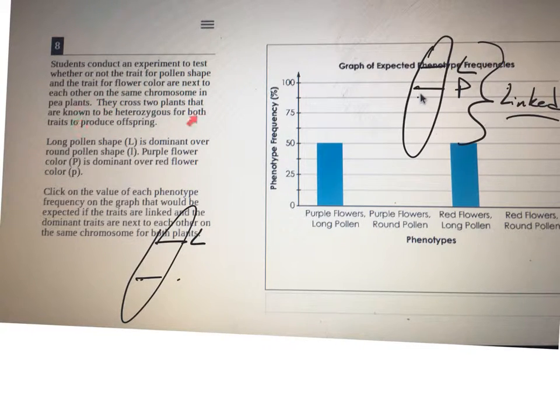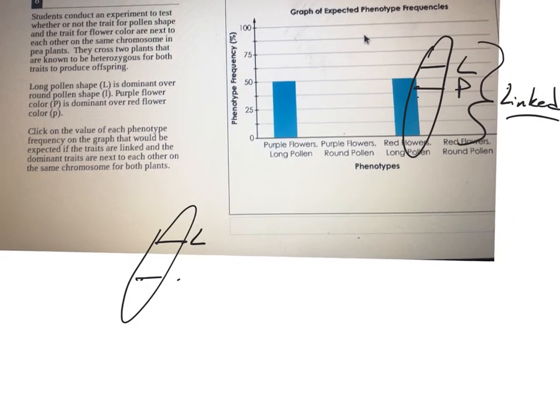They cross two plants that are known to be heterozygous for both traits to produce an offspring. Long is dominant over round. Purple is dominant over red. Click on the value of phenotype frequency on the graph that would be expected if the traits are linked,